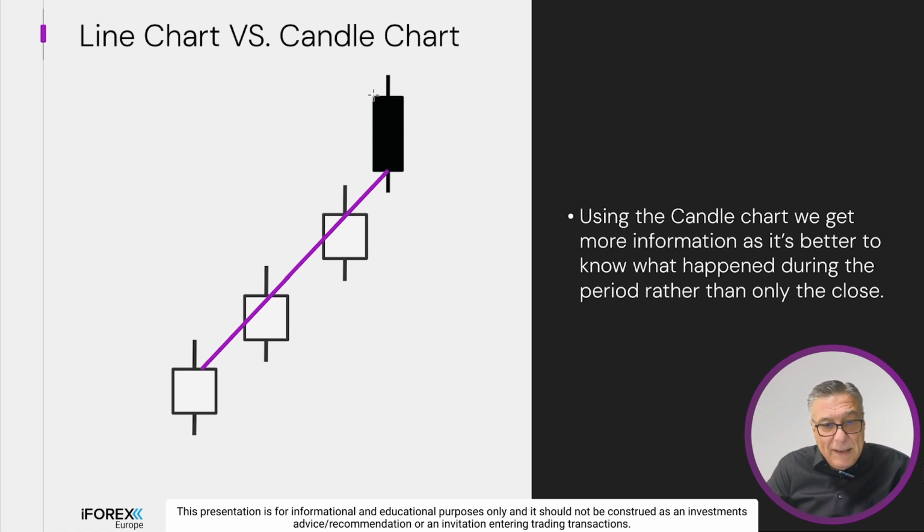So it opens near the top of the candlestick, and it closes lower near the bottom of the candlestick, meaning that there are more sellers than buyers. But by looking at the line, this very important information is not shown, and this is a disadvantage. The line chart only has